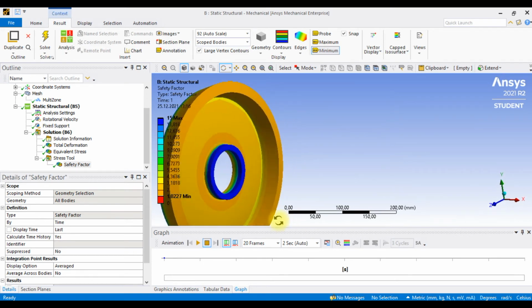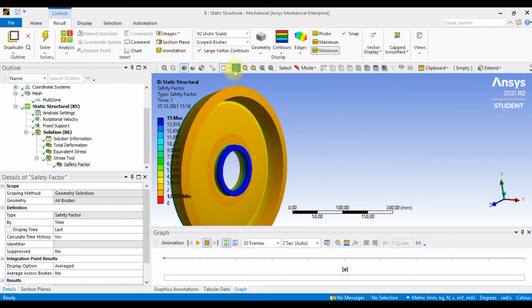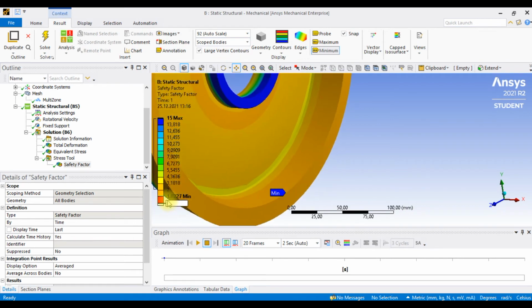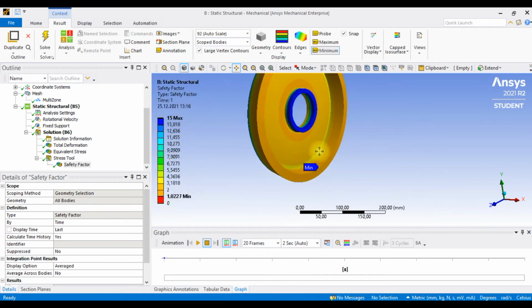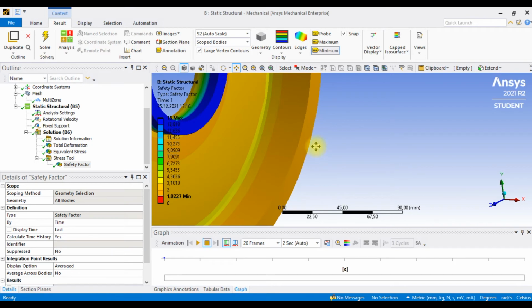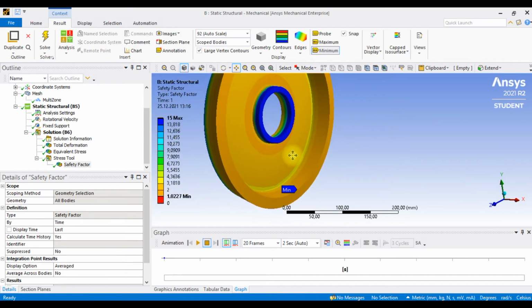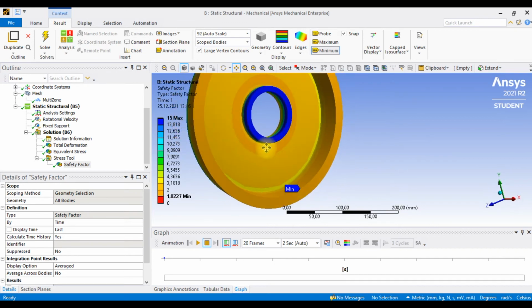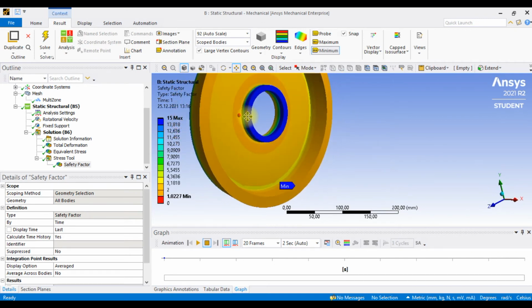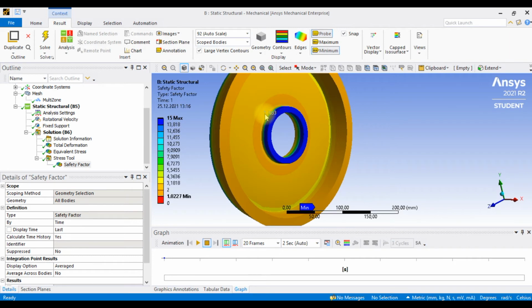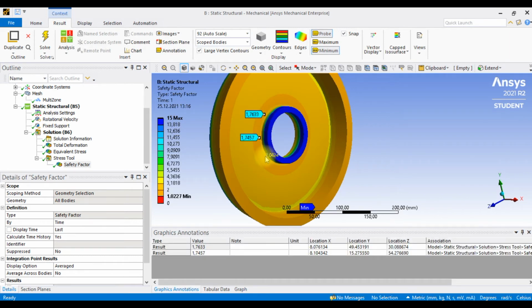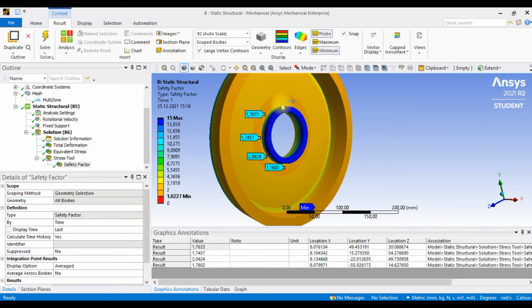And minimum safety factor on the edge is about 1. But this is not a true result because of edge. True result is on the hub section. Like this, about this value. This is a true result of safety factor. Save the project, and next we will consider